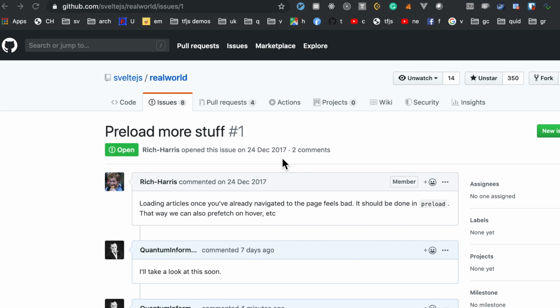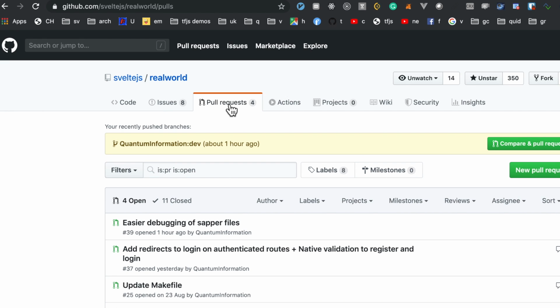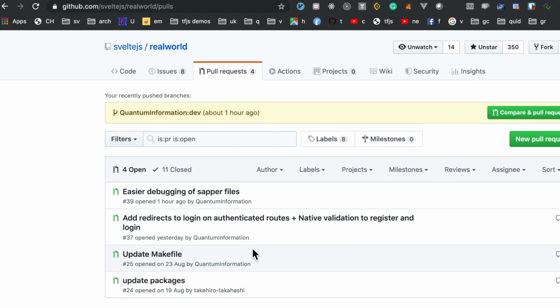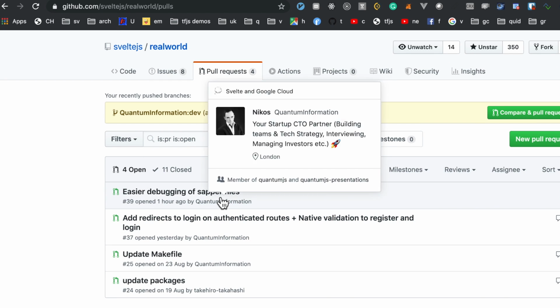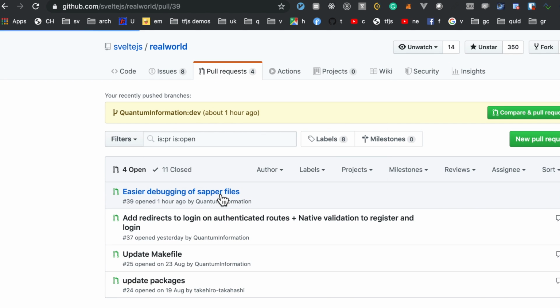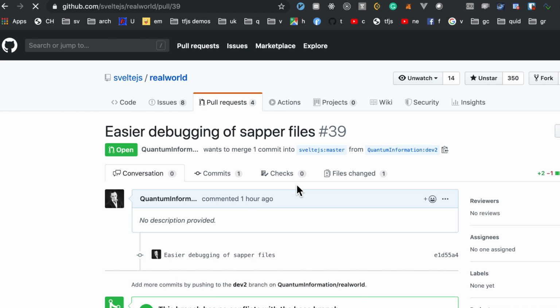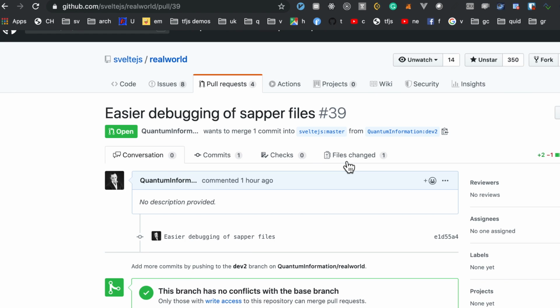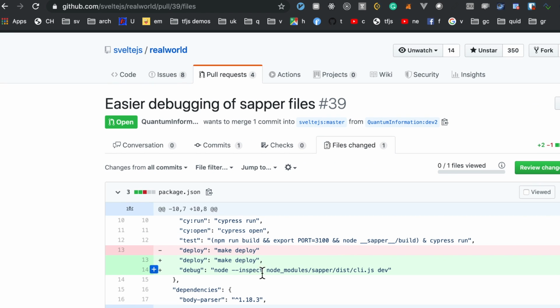Just wanted to let you know that I was working on some of the issues on the real world app, and I've got a couple of pull requests there. One was to redirect things where you're logged out and you weren't supposed to be there, and vice versa. I've also added a pull request for debugging on Node, so that'll help everyone get started with that. So that's just adding this here, and the other pull request I added was